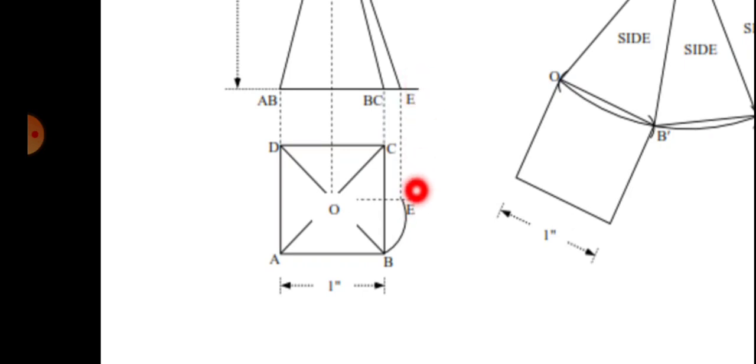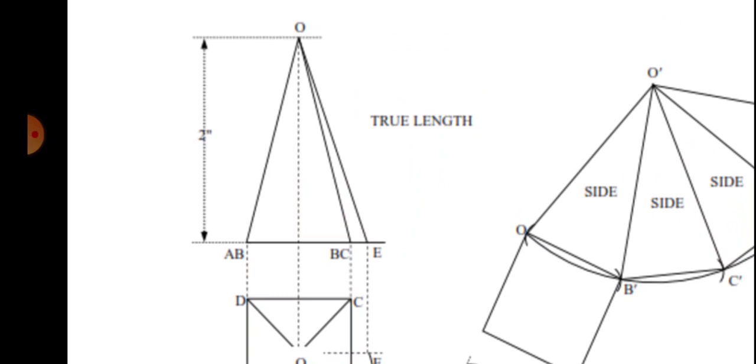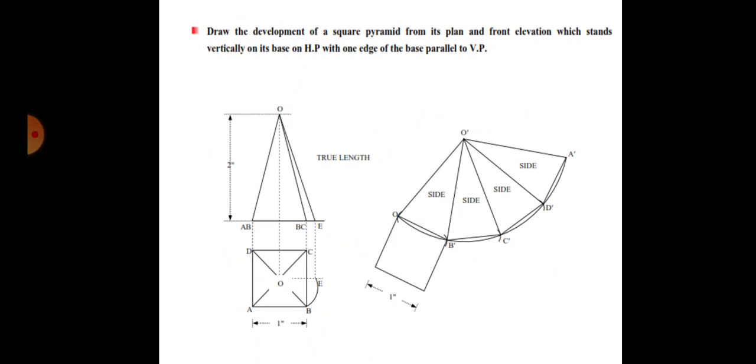So when you project it upwards and get this particular length, that will be the true length, OE. And you will take that length OE as the radius to draw this particular arc. So this side should be equal to the true length. And all the points whatever you get here, in this case it is not there. If it was the same question where it is cutting like this, if there was a section plane cutting here, then all these points should have been projected to the true length, and from those points you will take the arc here or here, whatever points you are going to get. Is that clear? Remaining things are all the same.